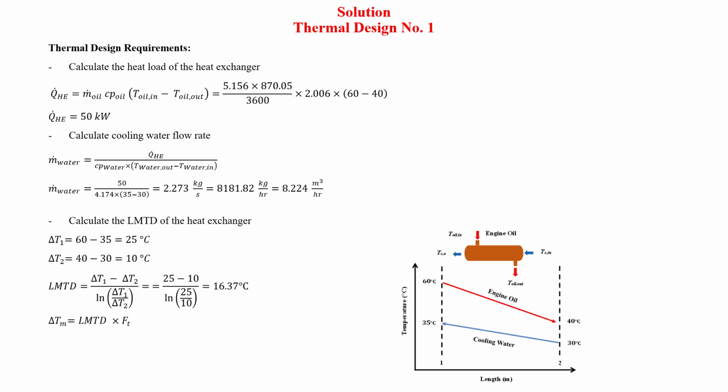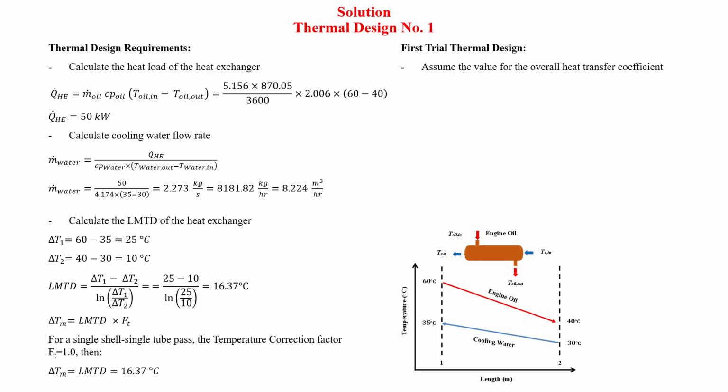Of course, we have to use delta T mean, which is equal to LMTD times F sub T, and F sub T for single shell, single tube pass equals 1. That will end with delta T mean equal to LMTD,